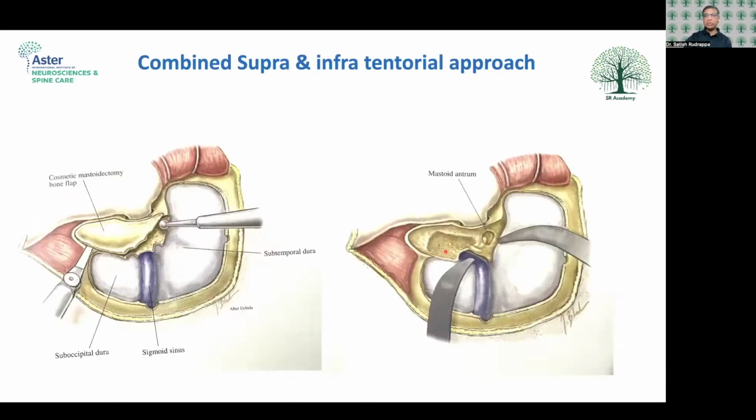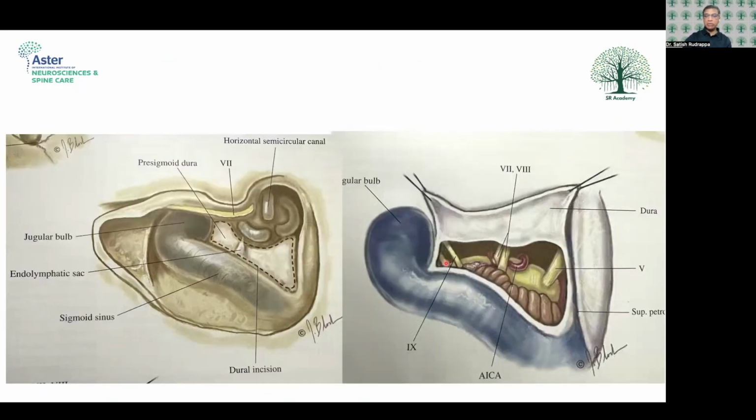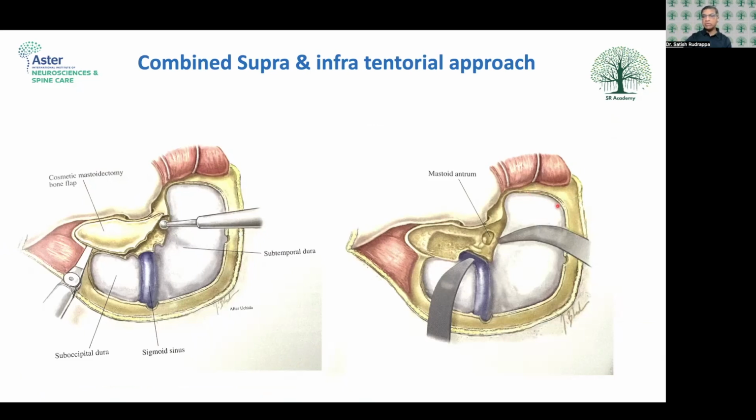So in a combined approach, what do we do? In a combined approach, what is important is that we expose the middle fossa, the posterior fossa, the transverse sinus is exposed, and the mastoid is exposed, exactly what I showed you. Most of the mastoid, when I drill nowadays for cosmetic purposes, I do a cosmetic mastoid bone flap, where you use the 2 mm burr first, then take the osteotome or the bone cutters. You can take it out, and at the end after placing the bone and the fat tissue into the mastoid area,